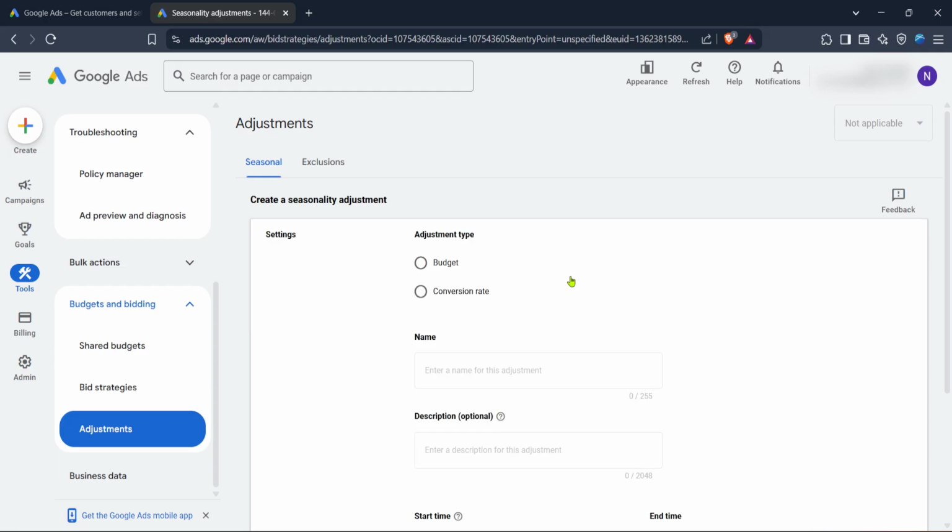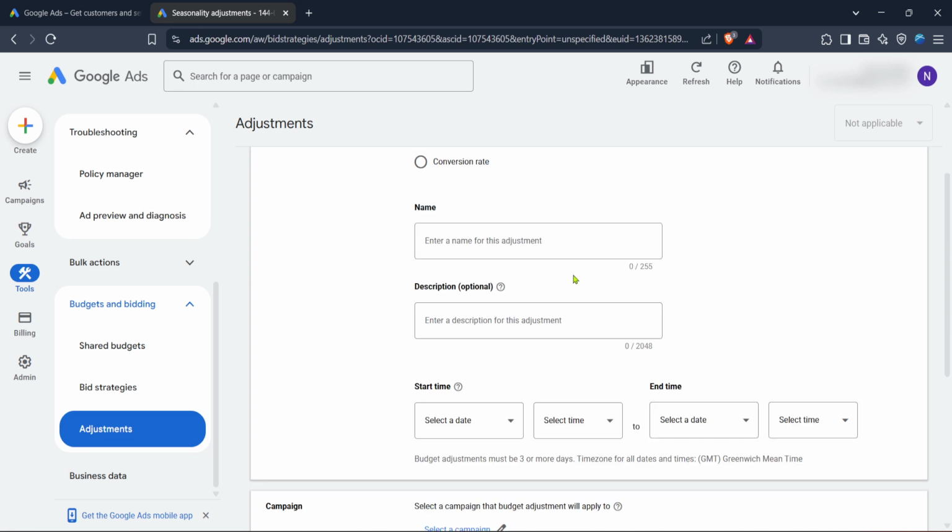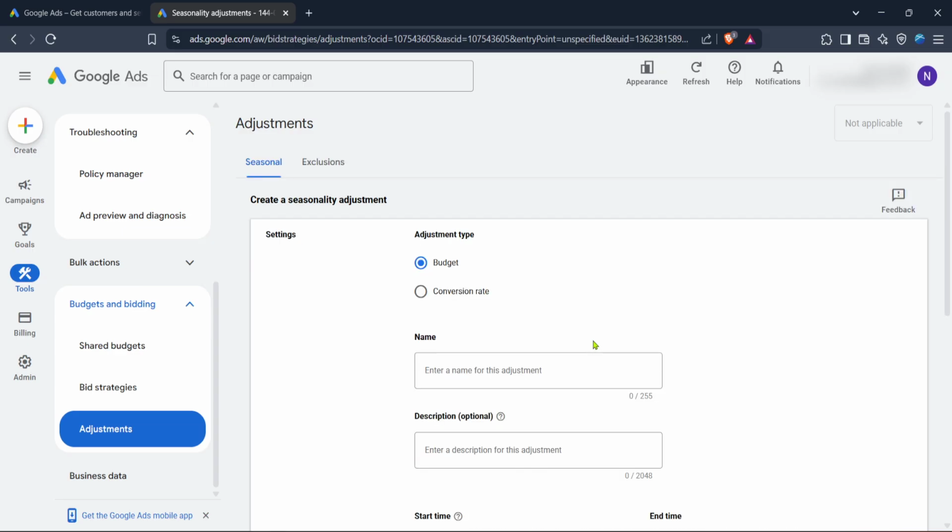Make sure to carefully evaluate the performance data for your keywords. Identify which keywords are performing well and which ones may need additional support. It's important to strategically adjust your bids based on this data. If you notice particular times or devices that drive more conversions, adjust your bidding strategy accordingly to take full advantage